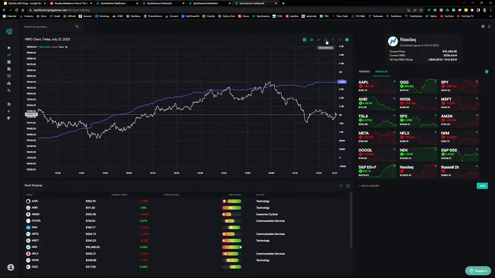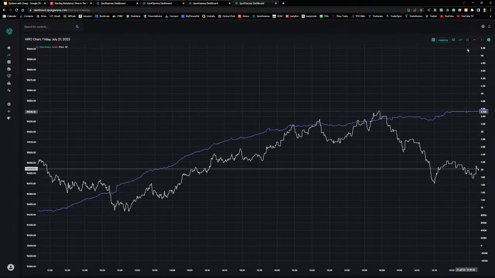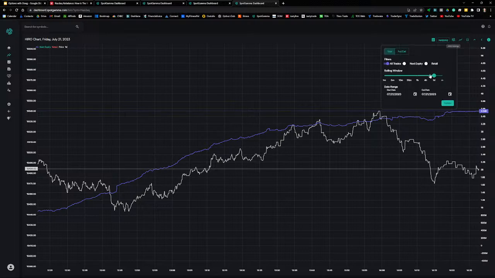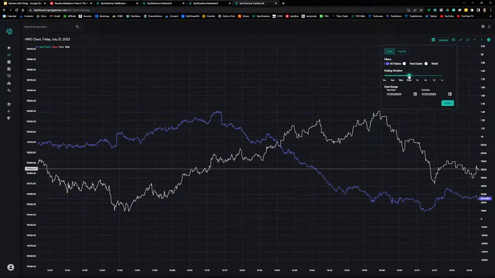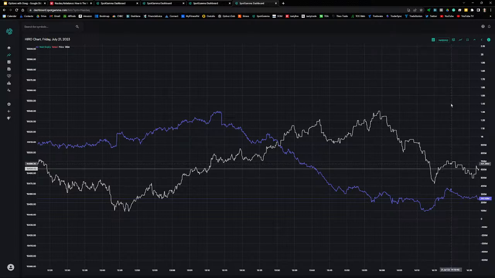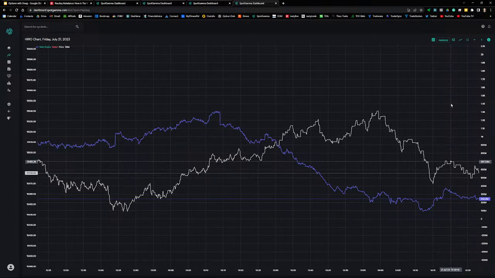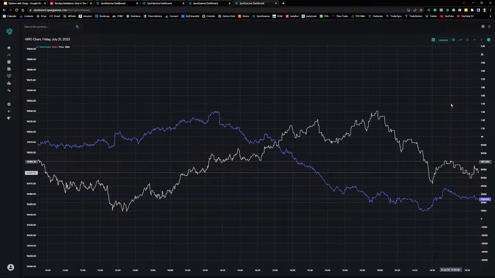Maybe we can get a little bit more clarity if we look at a shorter look back period. Let's go to 30 minutes. So that helps quite a bit. So instead of looking at the cumulative value for the entire day for the hero signal, I'm just looking at the last 30 minutes. And as 1 minute passes, that first minute rolls off. So kind of like changing from a longer term moving average to a shorter term 30 period moving average.